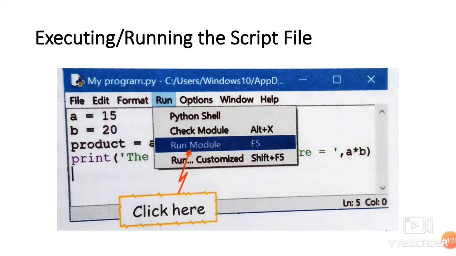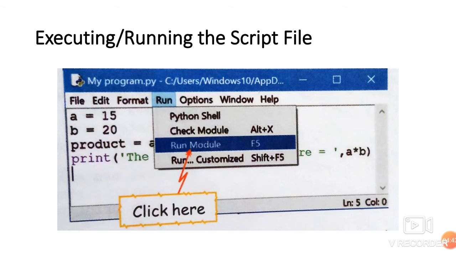Now next is executing, running the script file. Till now I told you how you can write the program and how you can save the program, but if you want to execute or run the program, you have to follow some different steps.